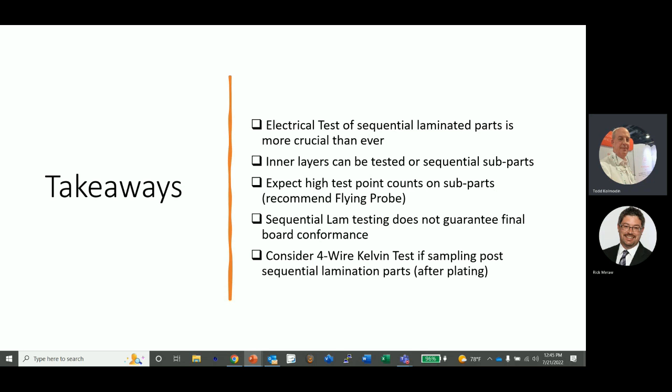You need to do some extra thinking when you're doing a fixture design for it if you're going to go that route: how much of a risk you want to take, a risk analysis there, whether you want to test those orphan pads or not. We don't guarantee that testing in the sequential cycles guarantees a final product that's going